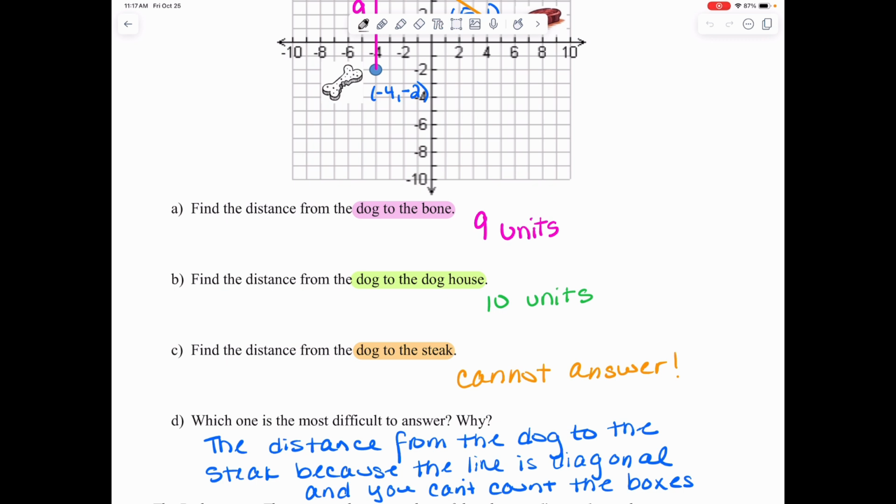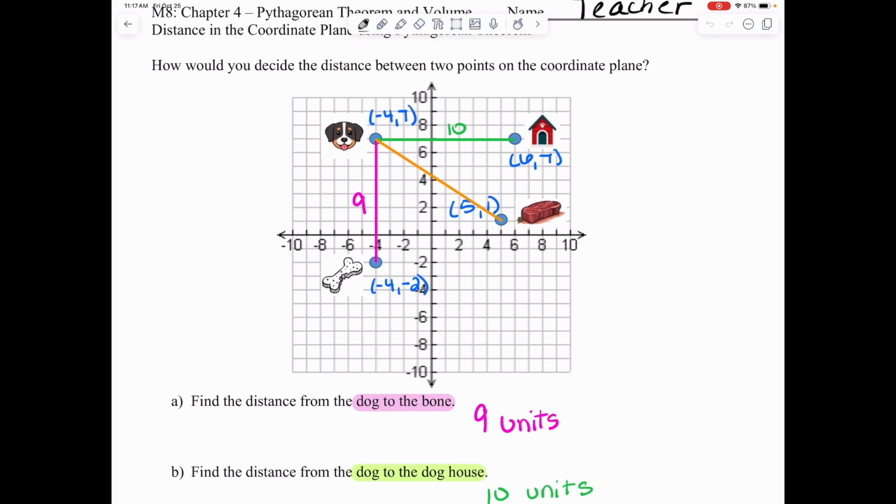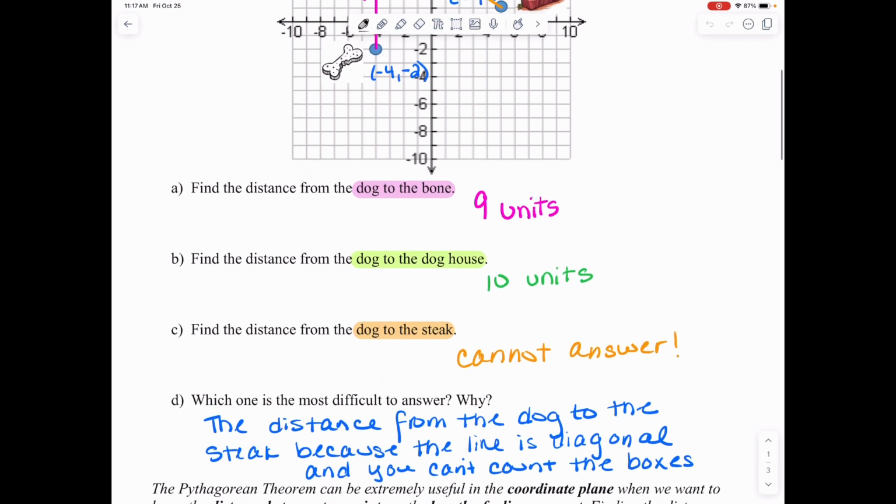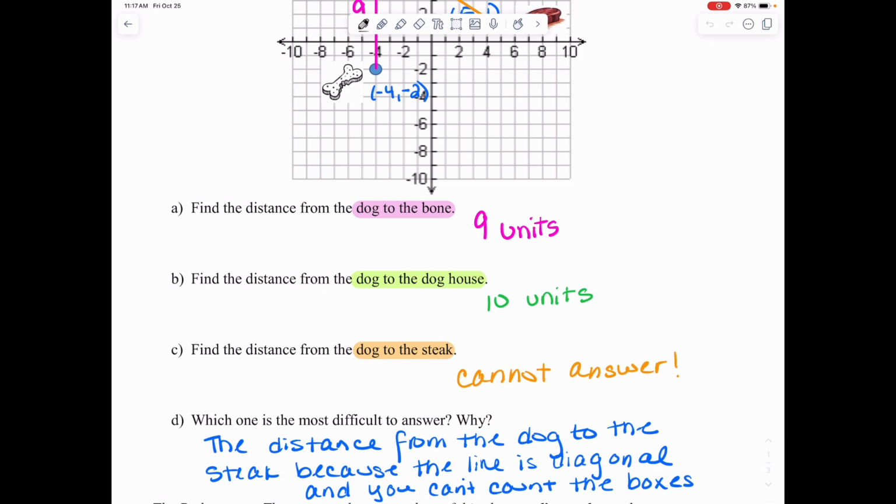And that's because out of all 3 of these distances, this is the only distance in orange that you see that was a diagonal line cutting across the coordinate plane in a way where we cannot count the blocks. If the line is vertical or horizontal, we can count them. So we're going to use that information to talk about how the Pythagorean theorem can help us find the distance between coordinates on the coordinate plane for these special situations where the lines are diagonal and we can't count the